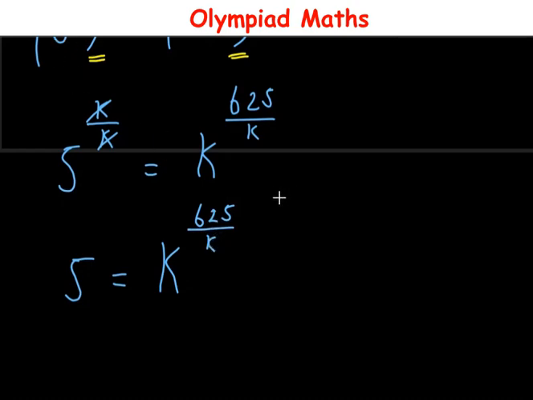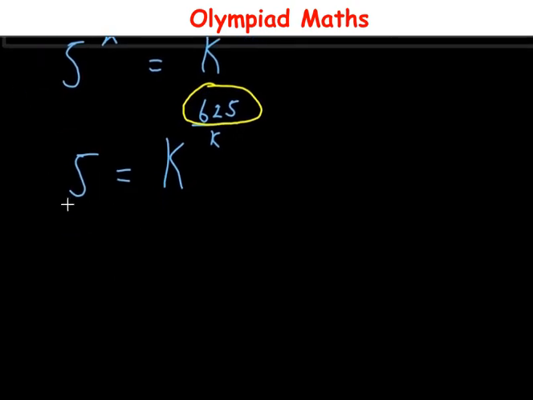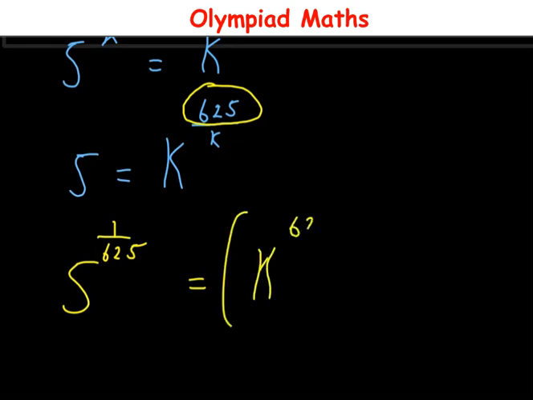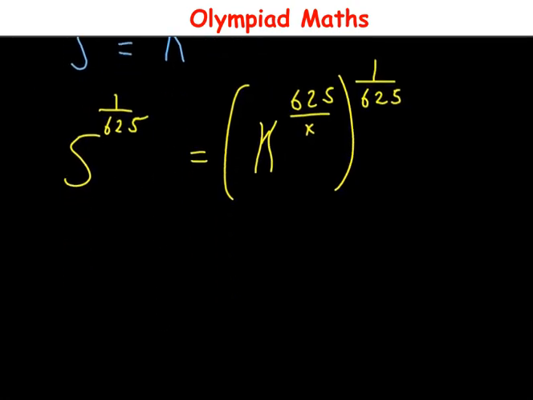So with this, the next thing we're going to do is to remove power 625 from here. And to do so, we're going to multiply both sides of the equation with power 1 over 625. So multiplying both sides of the equation with power 1 over 625, this becomes 5 raised to power 1 over 625 is equal to, we have k raised to power 625 over k, then multiplied by power 1 over 625, such that with this, we have 5 raised to power 1 over 625 is equal to, also applying